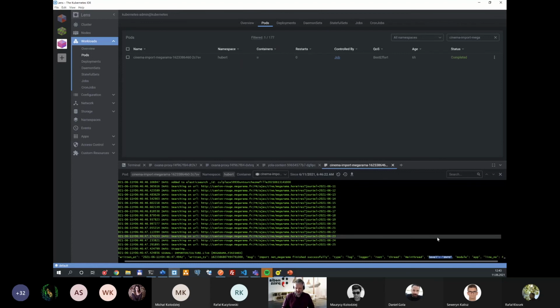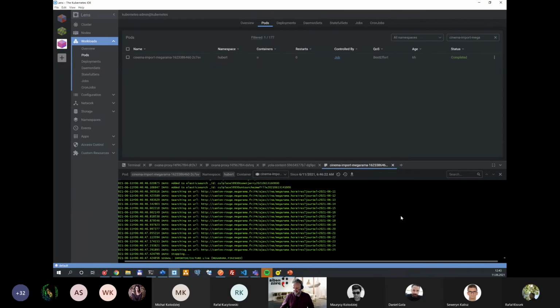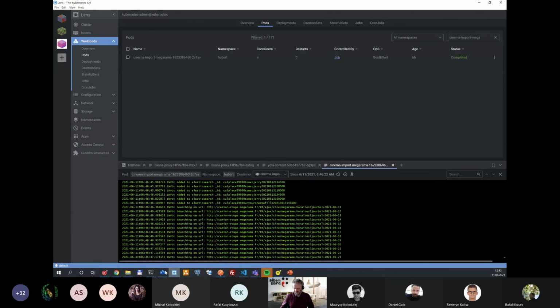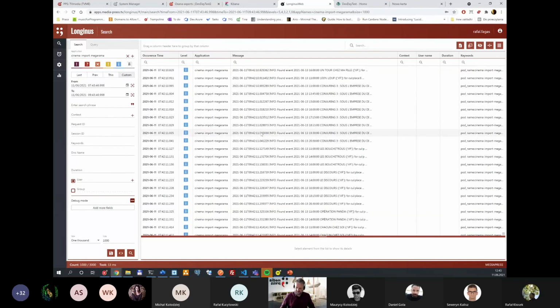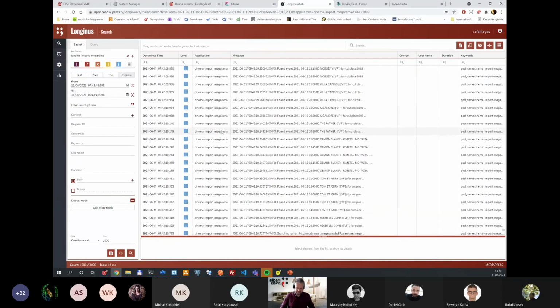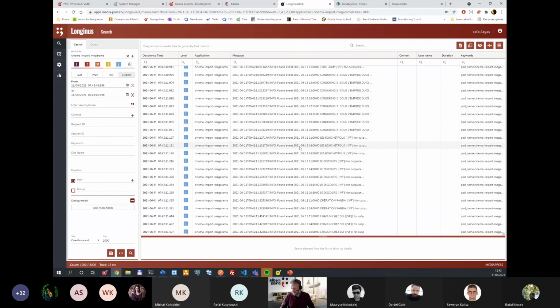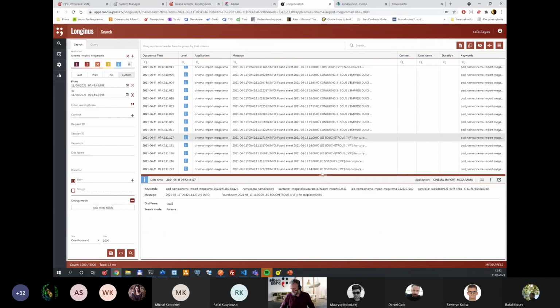Of course, as I mentioned, this is a very simple way of logging things in Longinus. It doesn't involve all the fancy stuff that we have in it. So you are not able to add some context, request IDs, keywords, and you are not able to set the counters this way. But for a simpler application, I think it's quite sufficient. Interesting thing is that